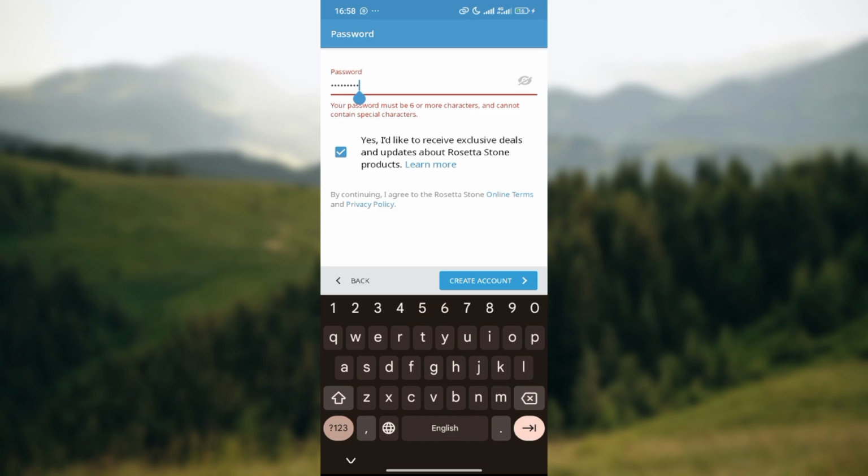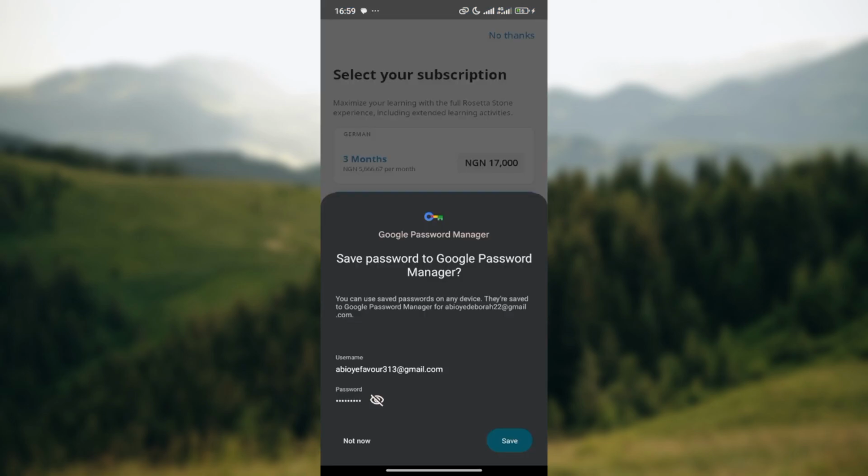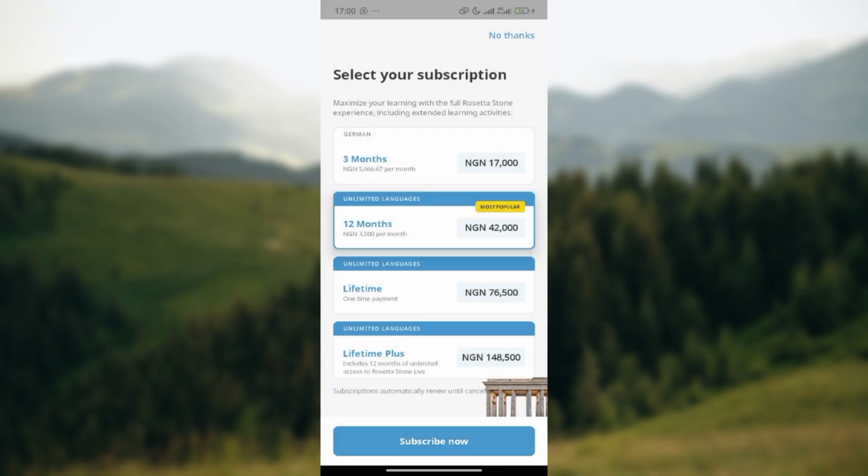Alright, so the password must be 6 or more characters. Alright, and it must not contain a special character. So ensure you take note of that. I click on create account and then you wait for the page to load. So once it's done loading, your Google Password Manager would ask if you'd like to save your password. I would advise that you do so because of next time, and then you'll be asked to choose a subscription,